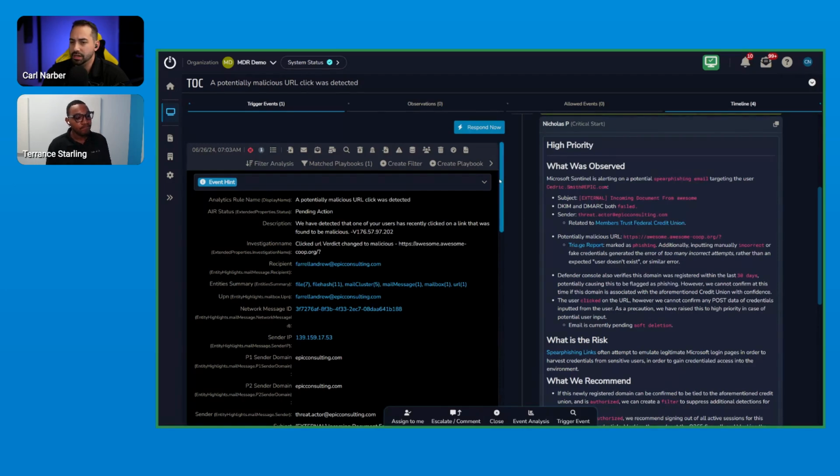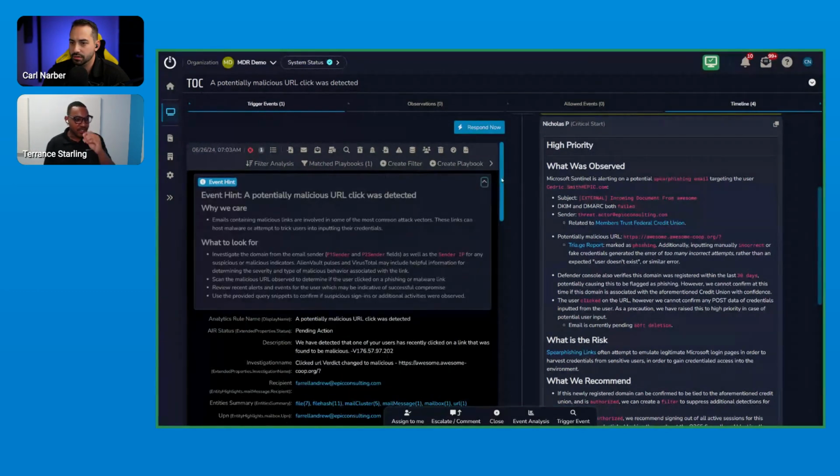What is the event hint here in this instance? Yes, I'm so happy you pointed that out. So here the event hint is giving a little bit of feedback or guidance to our analysts about where they should go and where they should start. Remember what I said earlier about event hints value being a little bit deeper and multifaceted, right? One was it being able to route things. One was it being able to provide guidance to our analysts to make the process just a tad bit more efficient, right? This is a good example of that.